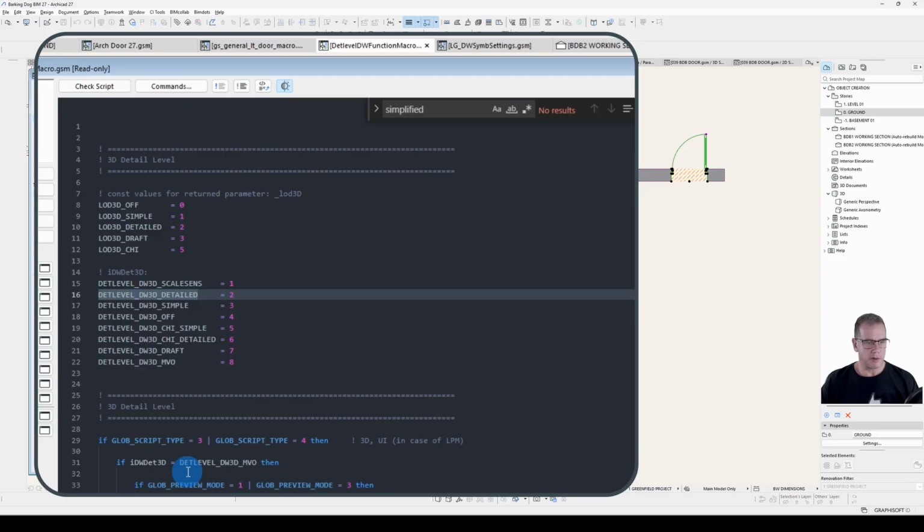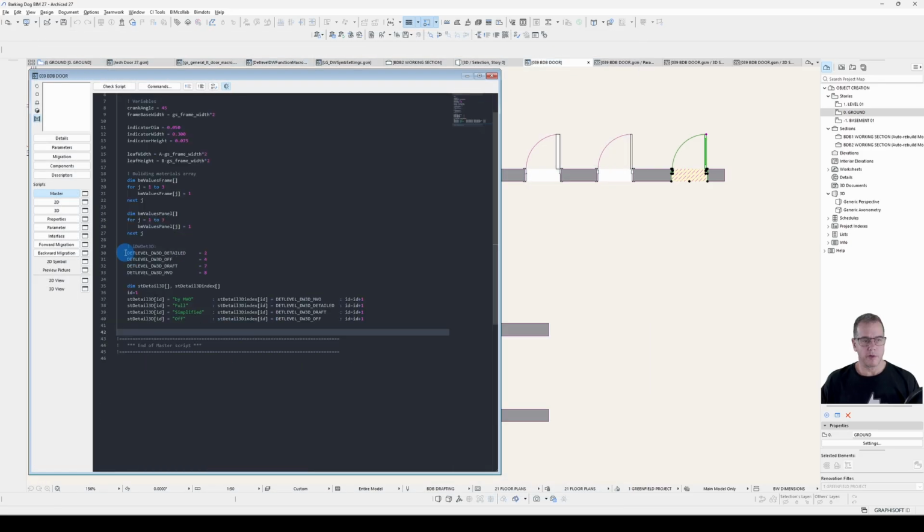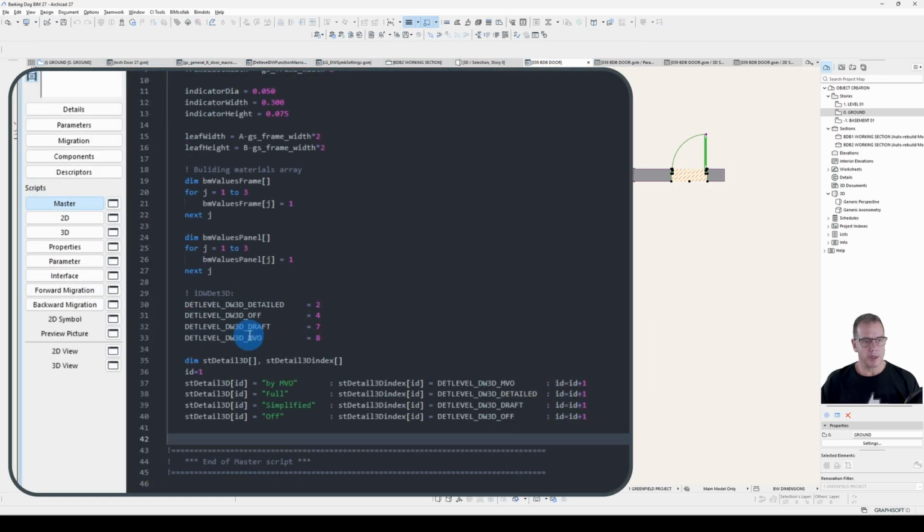We can come up with our own, but to my mind, why reinvent the wheel? Why come up with new names? They're there, but we do adapt them to our needs. What I've done is I've copied across what I need as far as the constant names are concerned. I've maintained their values and I've created a couple of arrays with definitions, and then the index array I've filled